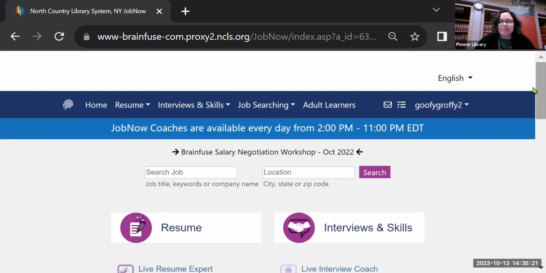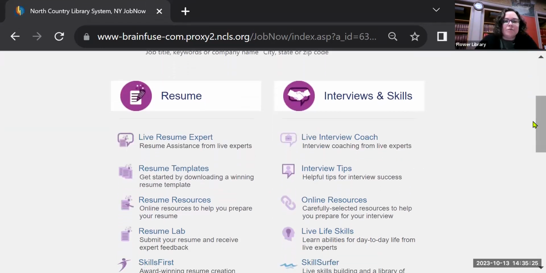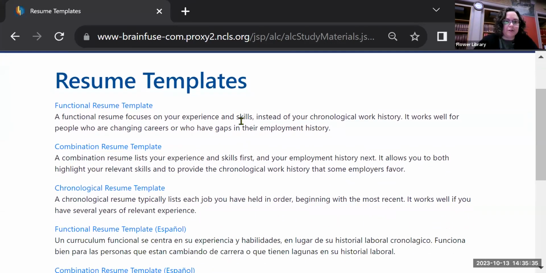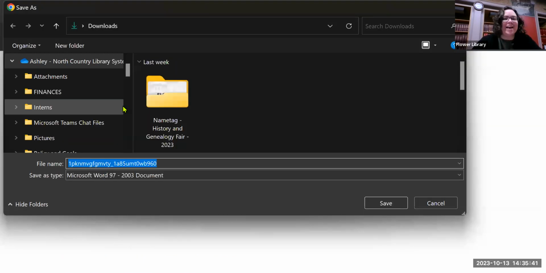Now, for resumes, there's a couple of different avenues that you can take. You can go ahead and look at the templates that are created for you. And these are straight up Word templates, and there are a few different kinds for you to choose from. What these would do, yes, download a Word document to your computer. So you would save that,